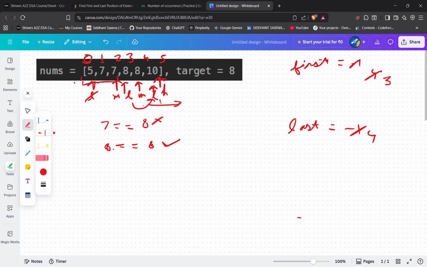Now let's check the mid. Mid is here. Is 10 equal to 8? No. So we will eliminate the right half. It is greater than 8. We will eliminate the right half and we will move over